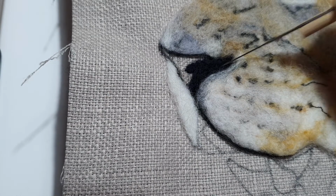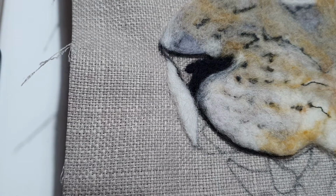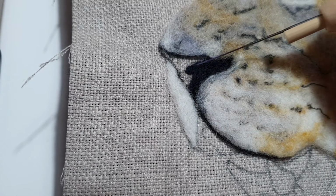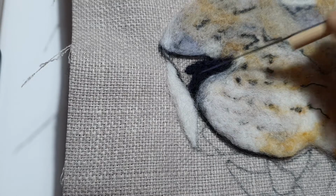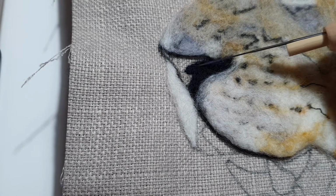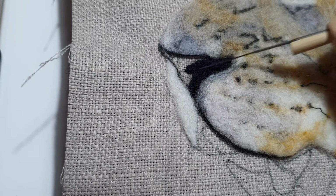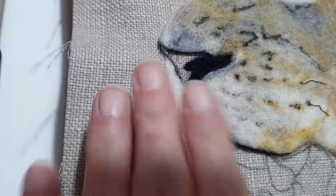We can always add to it and change the colour if we need to. And what I might do is just put a little bit of black later on, just on this bit here, because that's right inside the nostril, so there will be no light catching that bit at all, and that will then create the depths that we need. So okay,